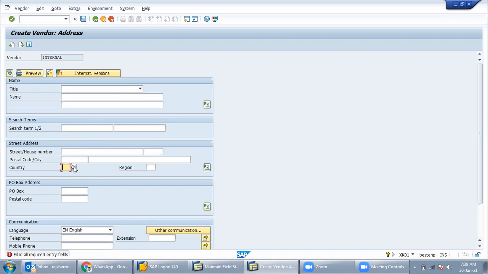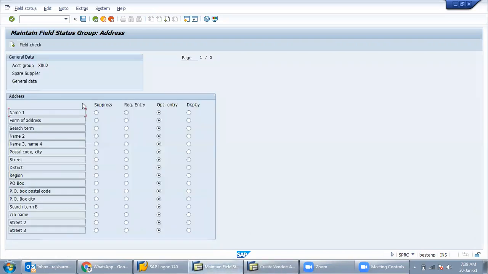So required entries means mandatory. Okay, so with the help of the account group, we are making the fields required entries, optional entries, display only, or suppress. Understood?